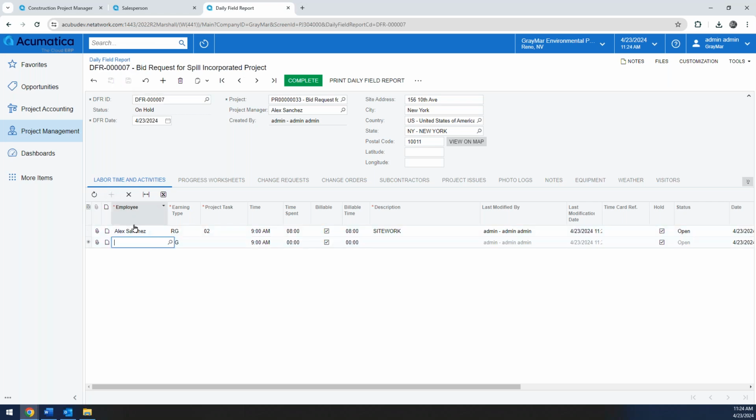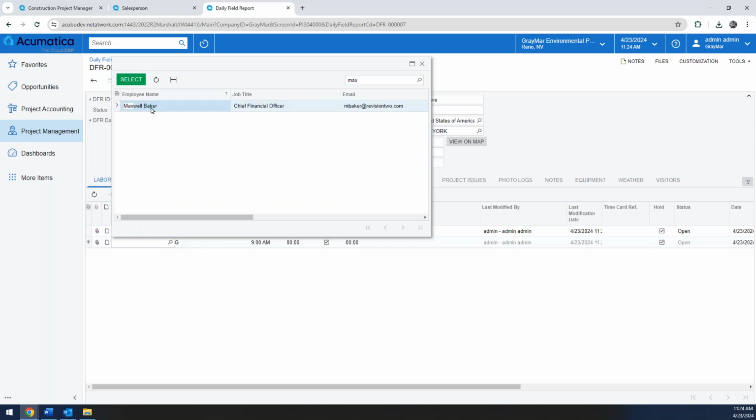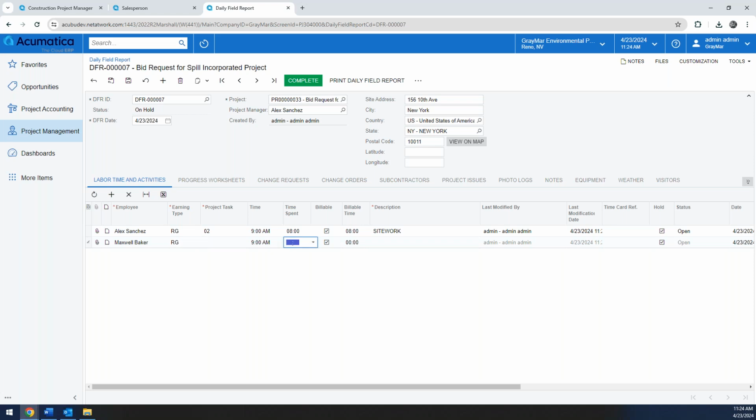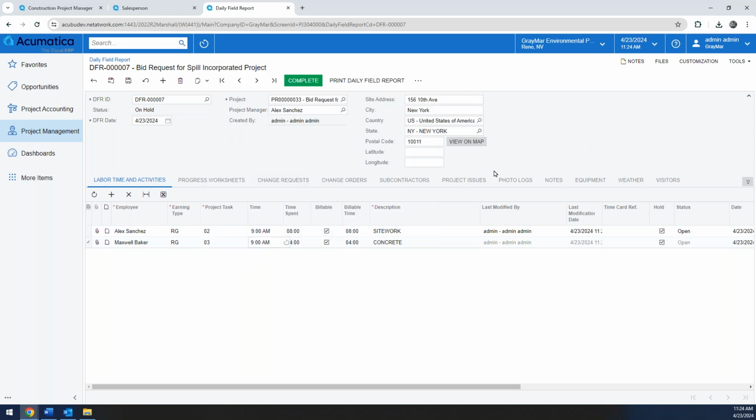click Save. I'll go ahead and add some additional time here, and I'm logged in as Maxwell Baker, so I'll log that time for myself now, and I'll say that I went ahead and spent 4 hours today on the project task 3. We can also say that we spent some time working on a different project task, and I can record time there as well. If you are leveraging the concept of a cost code, we can record the individual cost codes those employees are working on as well. Now that I've recorded some labor to the project, what I'll do next is I'll navigate